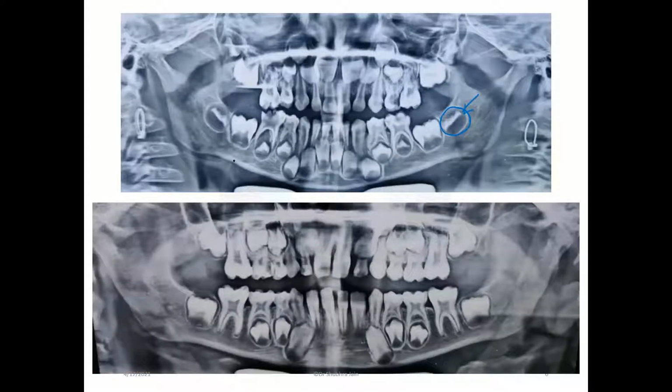So I'll ask, you have to answer me in the chat box. Do you think for this tooth, has the eruption started? Has the eruption started for this tooth? Anyone? You need to answer me in the chat box. No, exactly, because the crown is not yet complete. Yes, exactly. This is how you need to see. Eruption has not started for this.